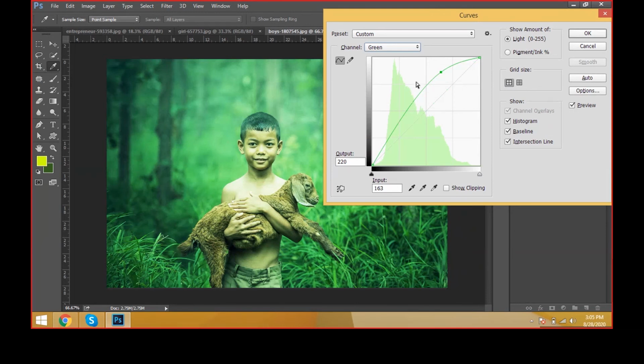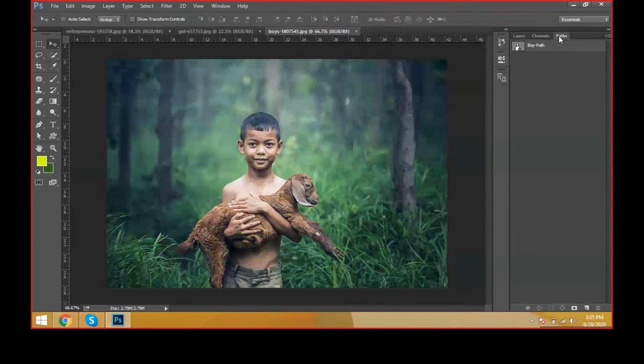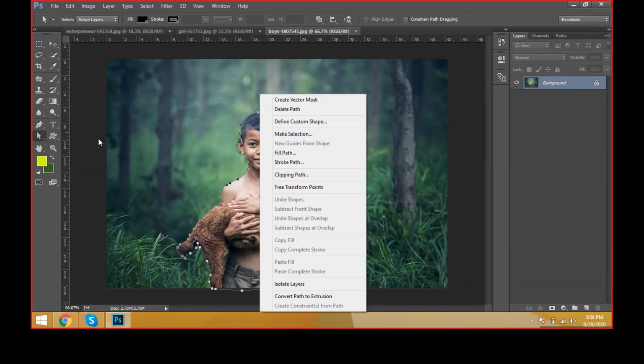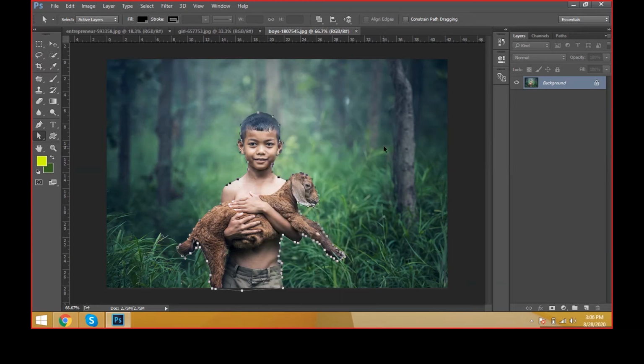We have to cut this image separately, and after that we have to give the level of the image, and we have the paths in the path palette. Already we cut the image previously using a pen tool. Already we have that path here, and you can select this path. To get the selection, you have to right click and make selection using the direct selection tool. Right click, make selection, or on the keyboard, just press Control Enter to get this path selection.